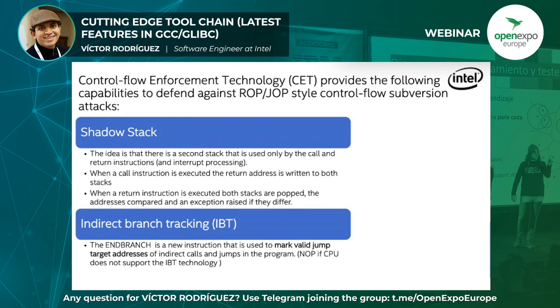The next optimization that we can see in the latest compilers is about performance. F-loop interchange. This is very interesting because